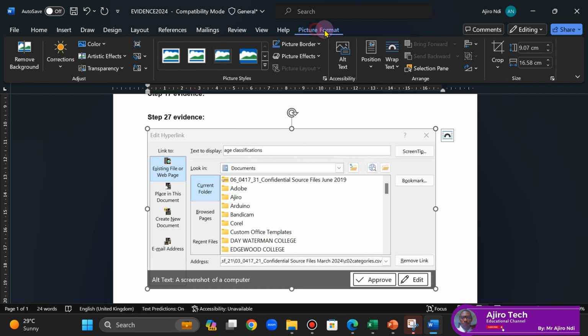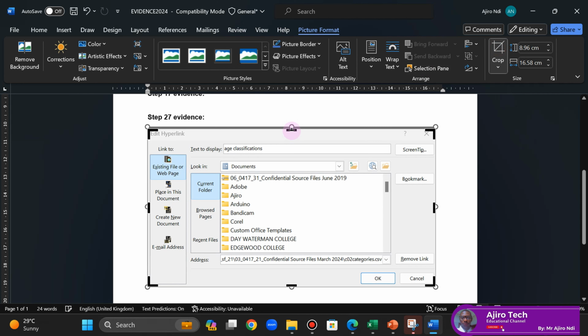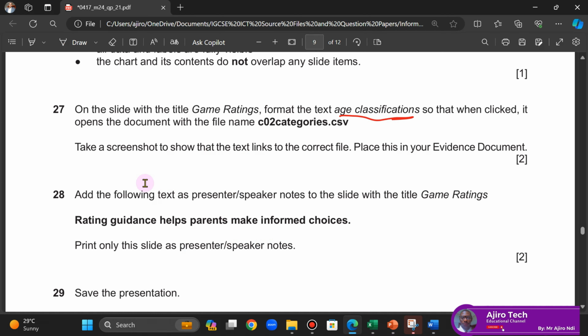I think it's fine. Picture format, I'm just going to copy it. I just want the work to be perfect. Good. So we have it here. So I'm going to save. All right. So this is